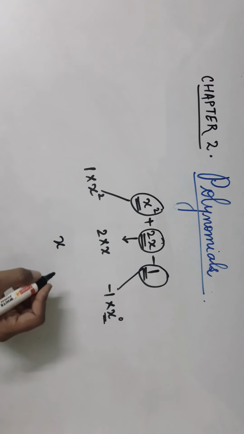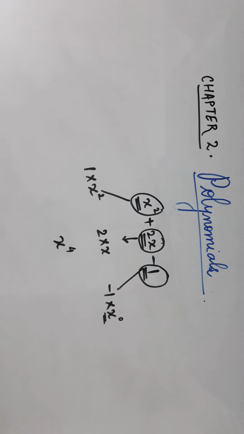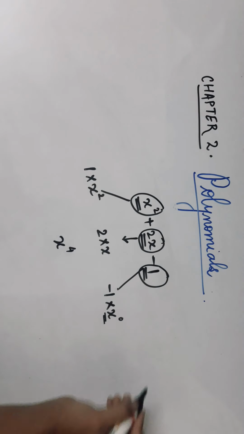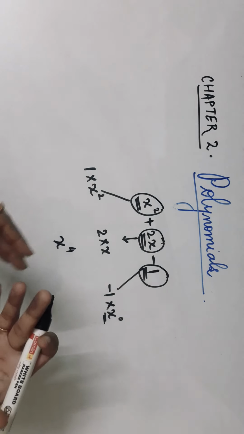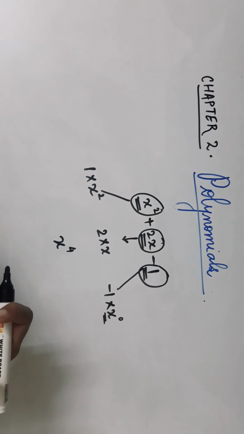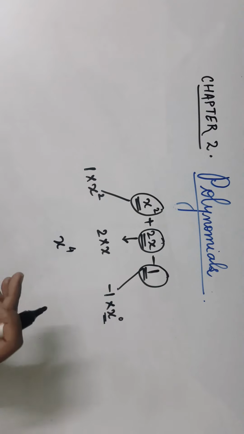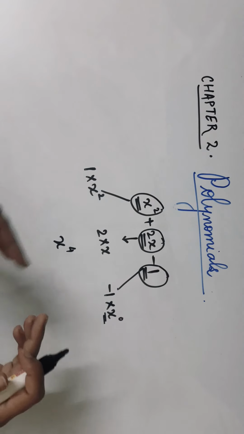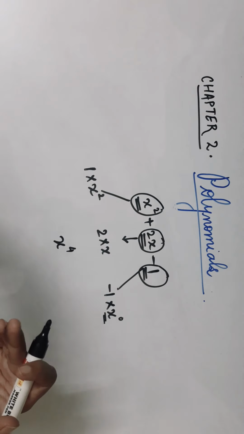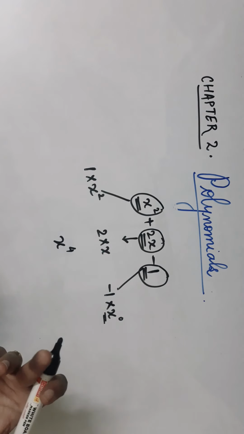If I take another example of a polynomial, x raised to 4, in this polynomial there is only one term, a single term, right? It is multiplied with a constant 1. So if we take examples of polynomials, depending upon how many terms are present in that polynomial, the polynomials are classified as monomial, binomial, trinomial, like this. How are these called monomial, binomial or trinomial, and how do you identify them?